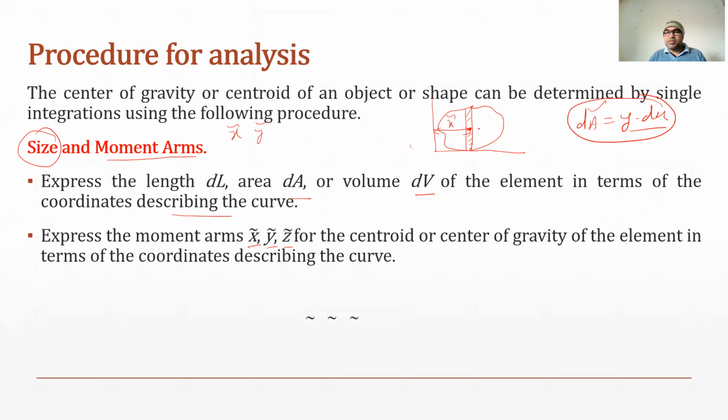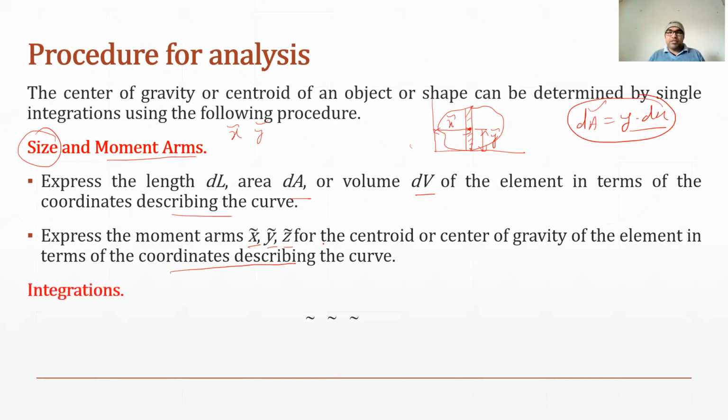Similarly, the coordinate with reference to the x-axis will be y bar. So we will express x tilde, y tilde for the centroid or center of gravity of the element in terms of the coordinates describing the curve, I mean in terms of the equation of the curve.